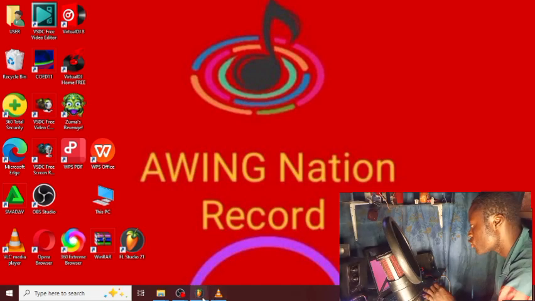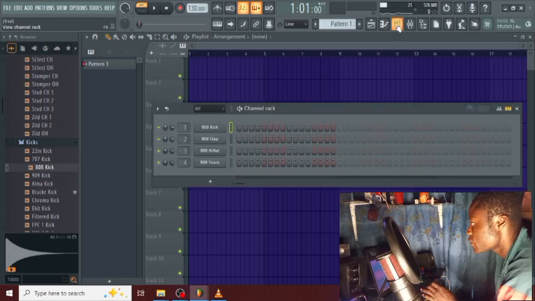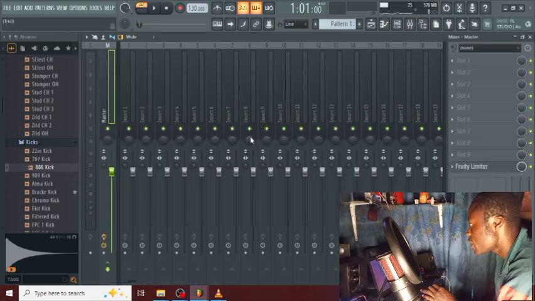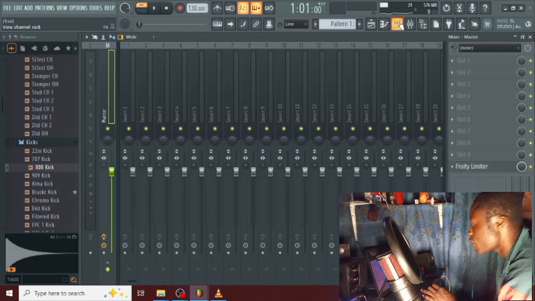I'll just put my cursor here because I've already launched it. Just enter my FL Studio app. Here on the screen, this is the channel rack. This is your mixer, where you mix. This is your playlist, where you arrange your beat. That's it. So I'll just click on add here,